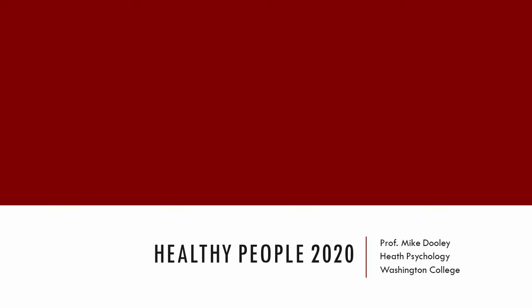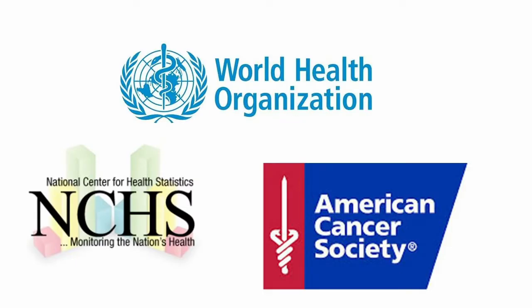As discussed in the previous videos, geographic, environmental, educational, and access issues contribute to the prevalence and treatment of chronic illnesses. Due to the internet and the publication of online reports, there is now a huge volume of data available from respected bodies such as the World Health Organization and the National Center for Health Statistics, as well as a number of disease-specific organizations such as the American Cancer Society.